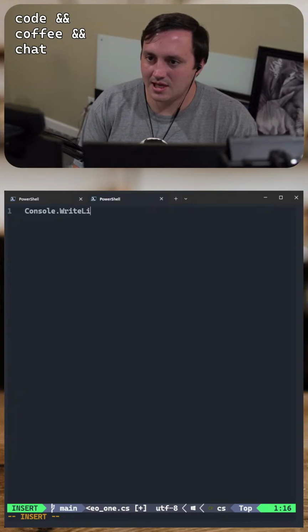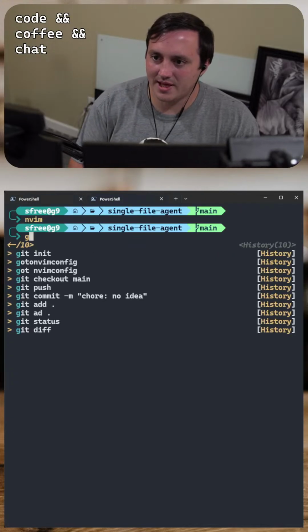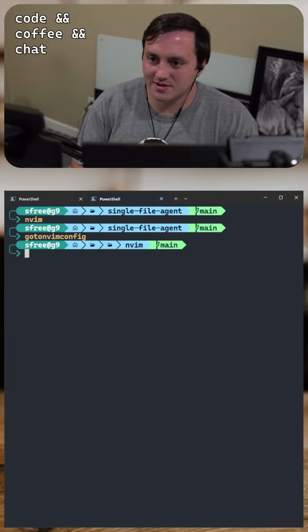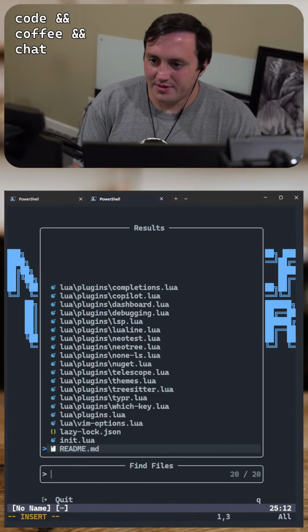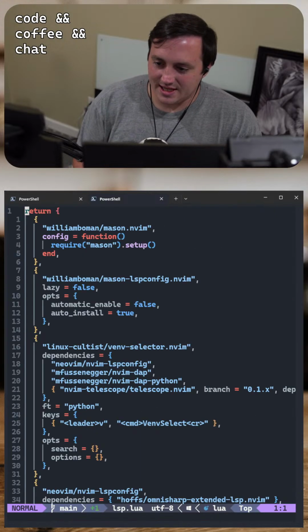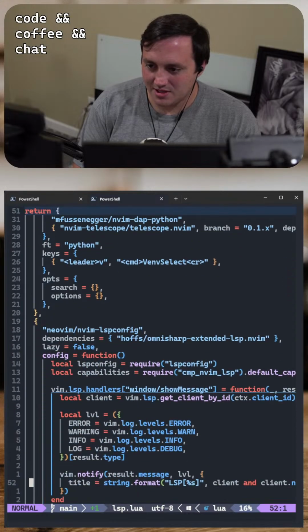Yeah, it's not attaching. So what if I do, let's go back, go to NVim config. This whole single file app support in .NET is a brand new feature in .NET 10, so not everything plays well with it.